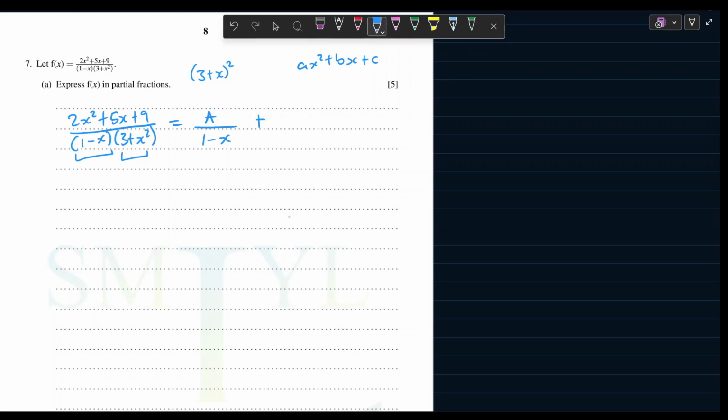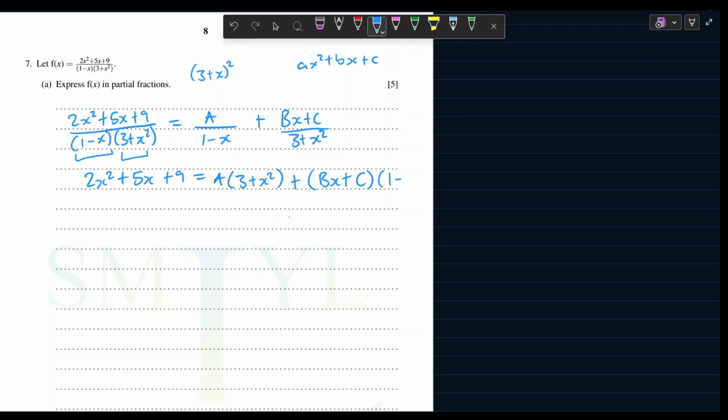Alright, so since it's a quadratic, this is going to be bx plus c over our 3 plus x squared. Now let's multiply through by 1 minus x times 3 plus x squared to get rid of all of our denominators. So we get 2x squared plus 5x plus 9 is equal to a times 3 plus x squared plus bx plus c